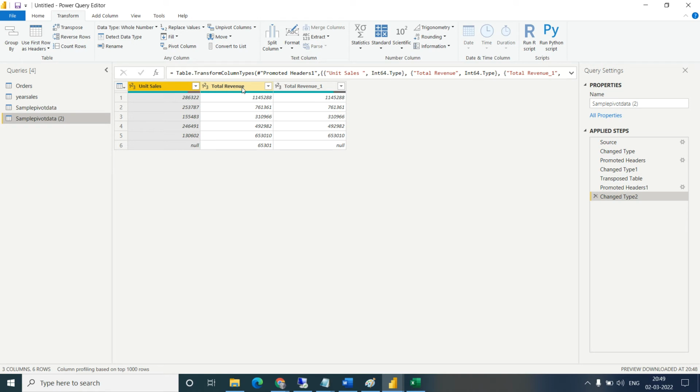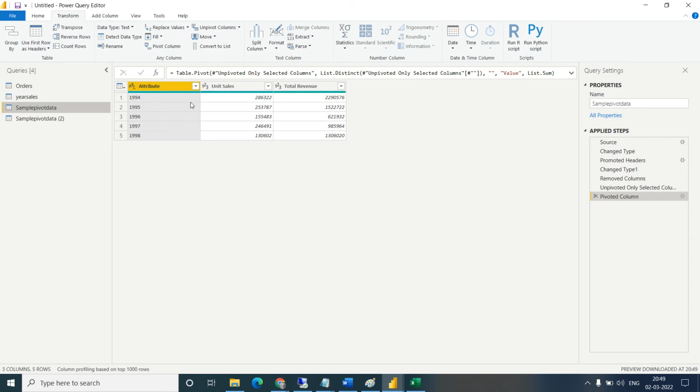Understood what is the difference between transpose and pivot and unpivot? Yes, got it. Everyone understood? Okay, so for unit sales and total revenue we got unique values.